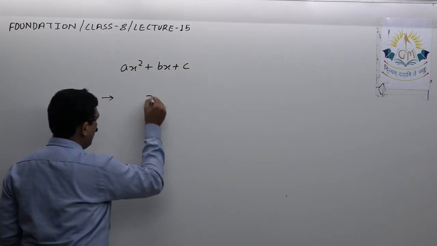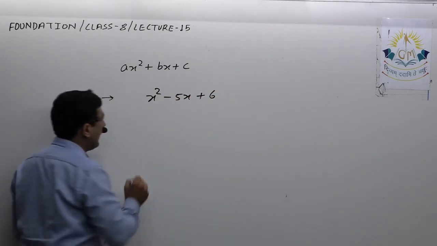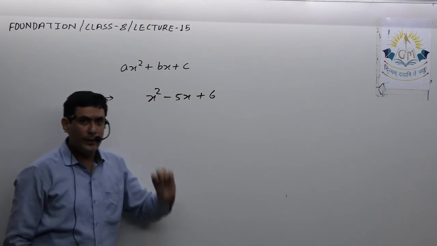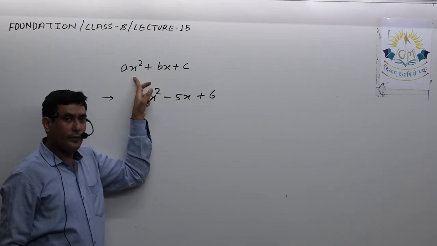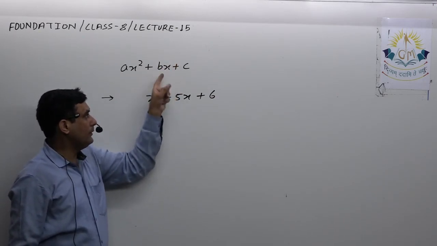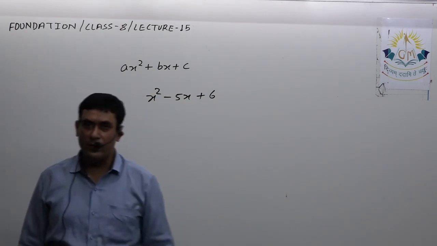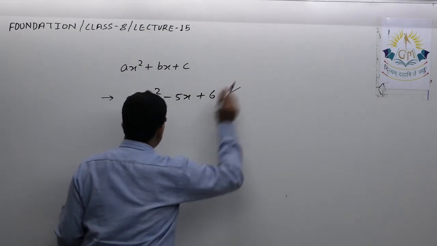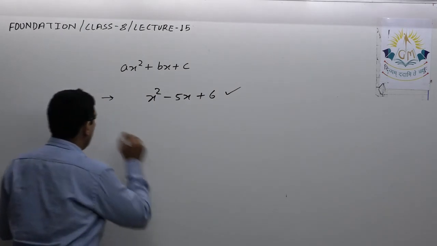For example, if I say find the factors of this, the very first thing I do is check whether this is in the standard form or not. Again I am repeating, standard form means the first term is x square or variable square, in the second term the power of the variable should be 1, and finally it should be the constant term. This is the very first thing we will check. Over here it is okay. So now we can find the factors. How we find the factors, I will tell you very soon.